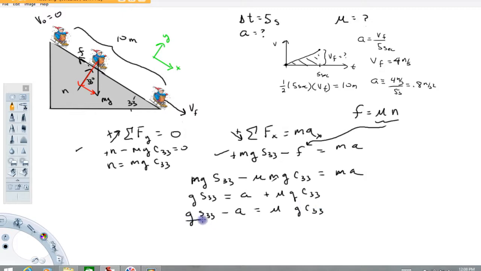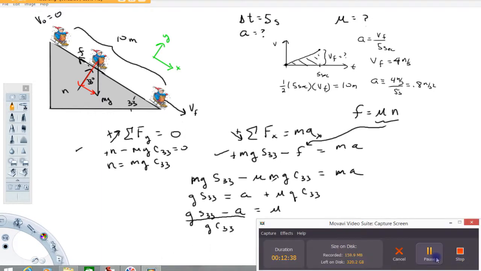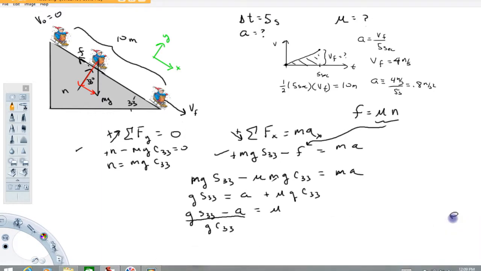My computer system's kind of cool for this, so I'm just going to put a division here. When you divide both sides by cosine 33, that's effectively what you're doing. What I would do here is pause this for a moment, find myself a calculator, and calculate a value. Okay, so that didn't take long at all. I got a value of 0.55